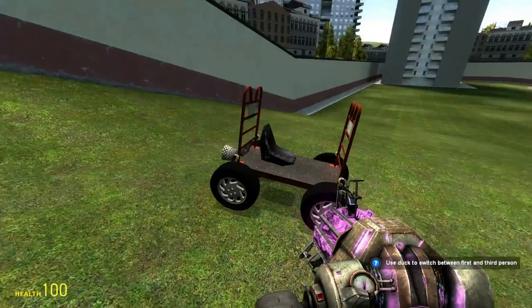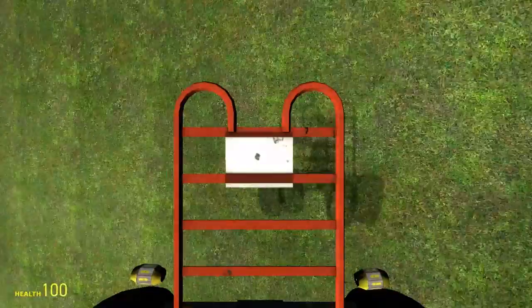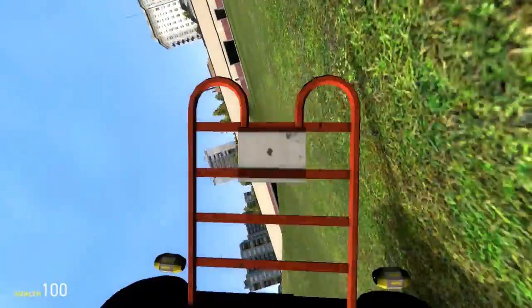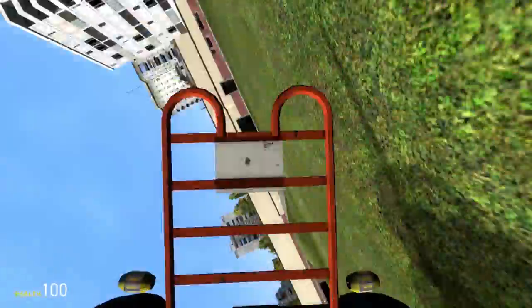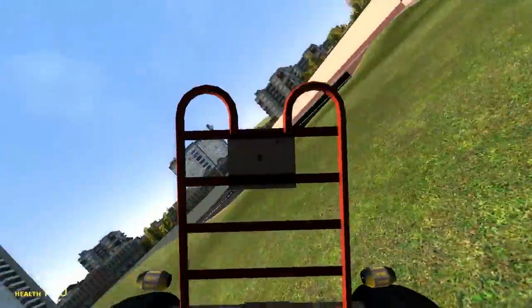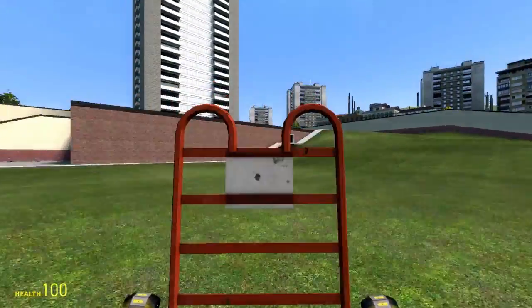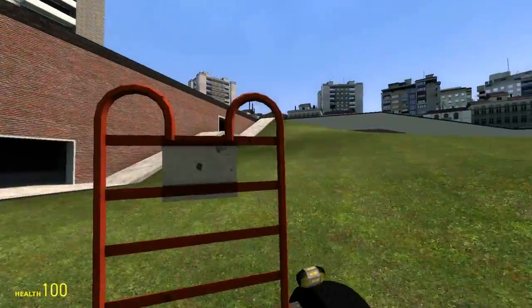So, that is how to make a car in Garry's Mod, version 2. This car is very fast and unstable. Remember, wider wheelbases will be more stable. And also, fewer thrusters. But, yeah. Other than that,